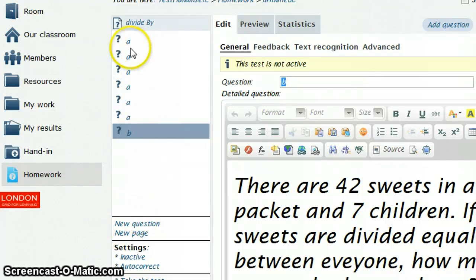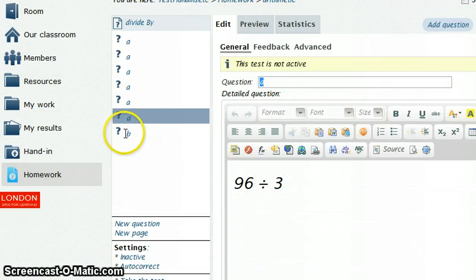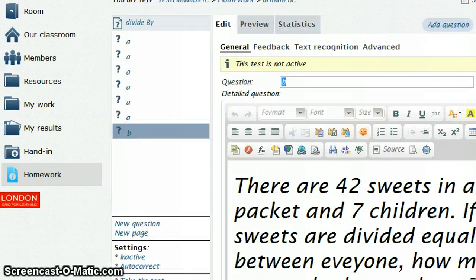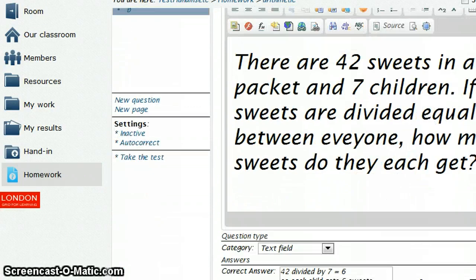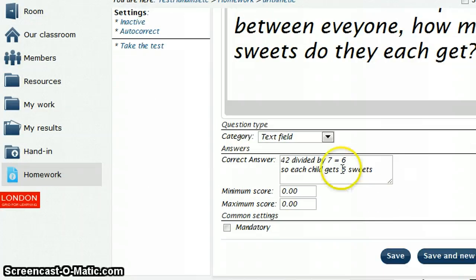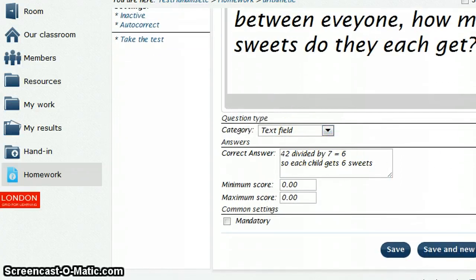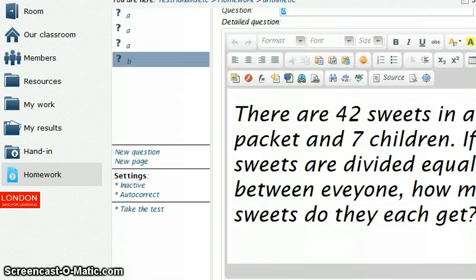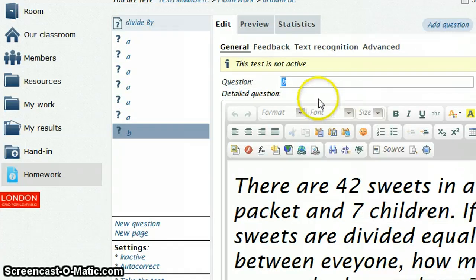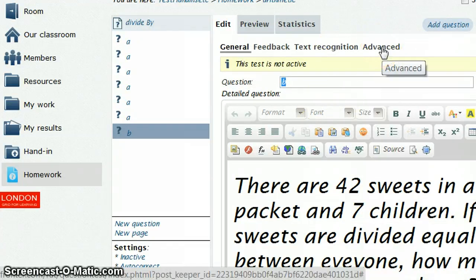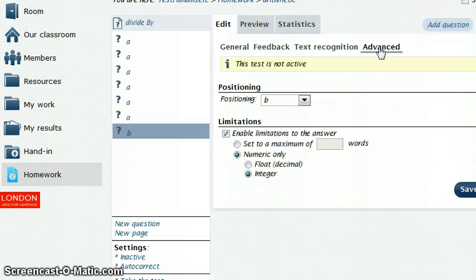The last question I've set up on the division questions, so remember the format of these was very straightforward. This last one is just a word problem with division in it, and I've put what the correct answer is. It's a question about sweets and the number of children, and I've given people a text field to answer in. One of the changes you can make, though I don't know how useful this is because the error message that pops up if you get it wrong doesn't make sense even to adults, let alone children,